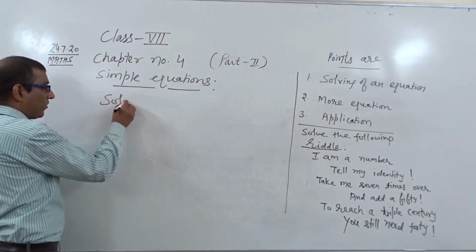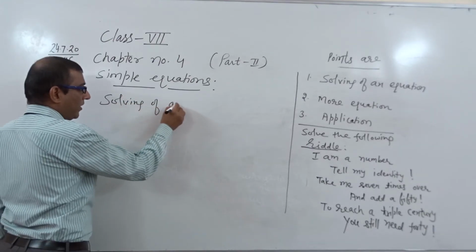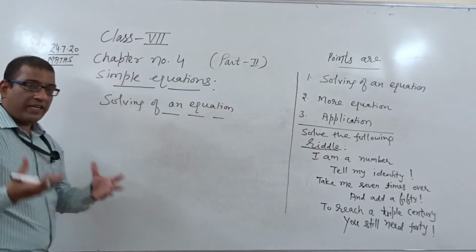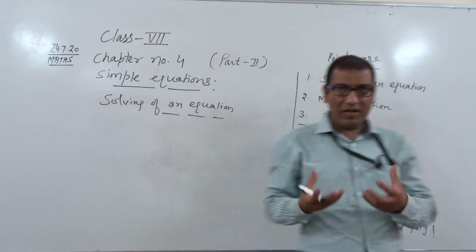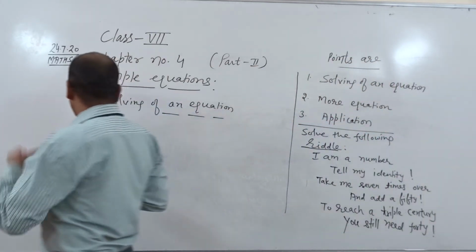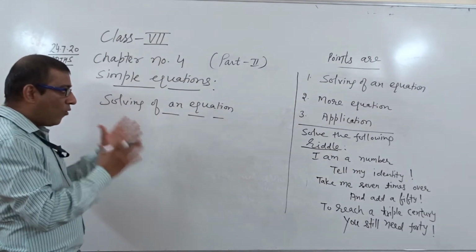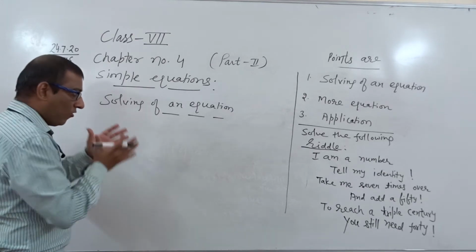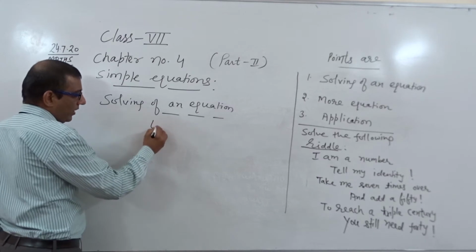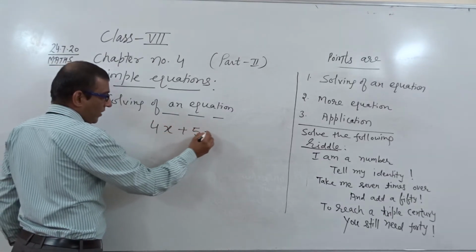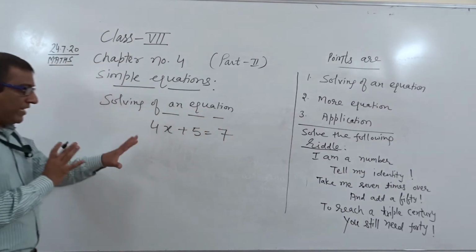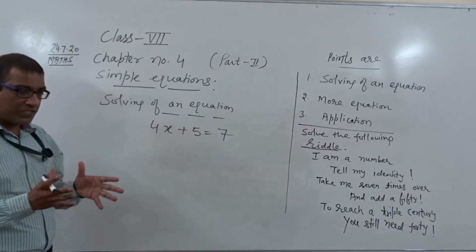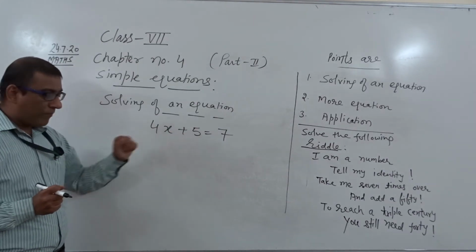So what is the meaning of this? How can we solve an equation? As you know very well, an equation is related with a variable, which is also known as an unknown number, constants, and an equal to sign. So I am taking one example here, and how can we solve the equation and calculate the value of the unknown number. So pay attention here. If I take 4x plus 5 equals 7, you see it is an equation because a variable is there, 4, 5 and 7 are all constants or numbers, an equal to sign is there, and one operation is there, that is plus.